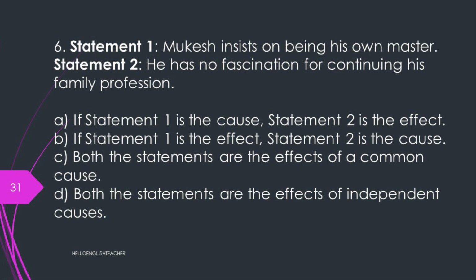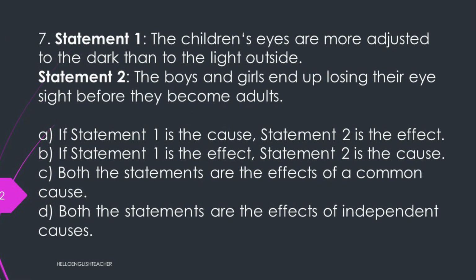So in the next question you can see two statements and you must say how they are related. So let us look at statement 1. Mukesh insists on being his own master. Statement 2. He has no fascination for continuing his family profession. Here the answer is B. If statement 1 is the effect, statement 2 is the cause. Next question, statement 1. The children's eyes are more adjusted to the dark than to the light outside. Statement 2. The boys and girls end up losing their eyesight before they become adults. So let's look at the answer. The answer is C. Both the statements are the effect of a common cause, which is working in unhygienic and